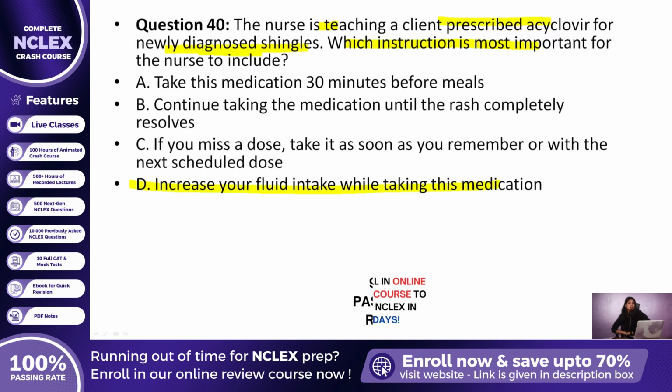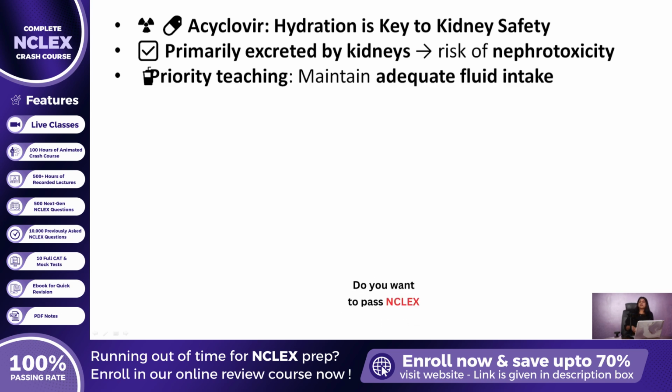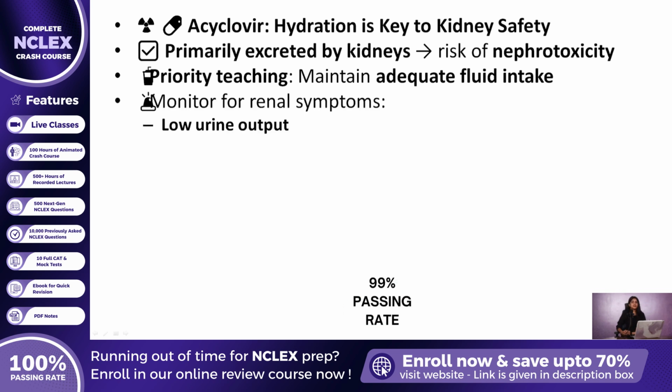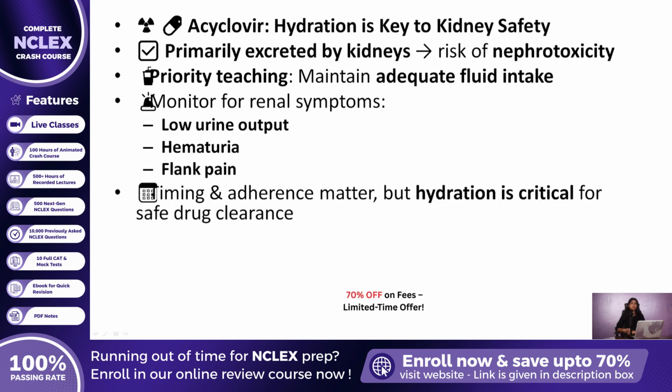Here is the rationale. Acyclovir is an antiviral medication that is primarily excreted through the kidneys. To help prevent nephrotoxicity, it is essential that the client maintain adequate hydration during therapy. The nurse should also educate the client to monitor for signs of renal issues, such as reduced urine output, hematuria, or flank pain. While medication timing and adherence are important, the priority teaching point is fluid intake, which directly impacts